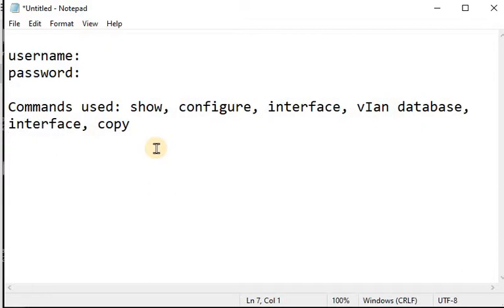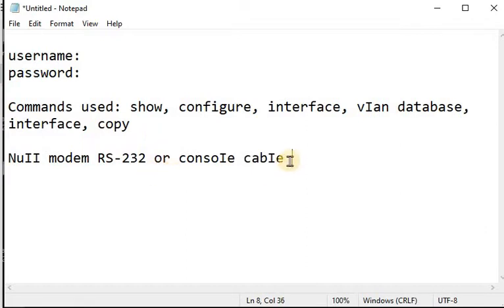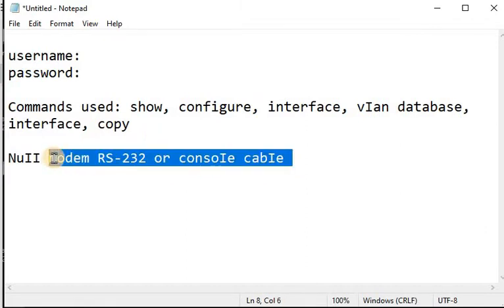Before we start configuration, I will connect the switch with an ordinary console null modem RS-232 cable that comes with the switch. You will use this cable to connect your switch with the PC or laptop.